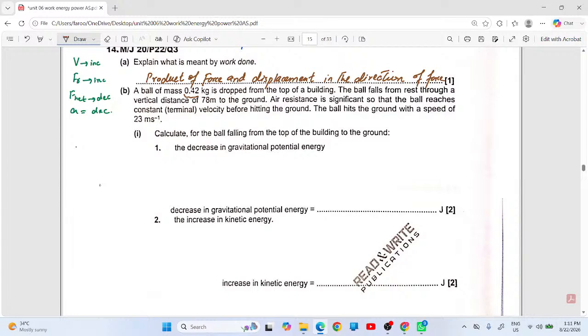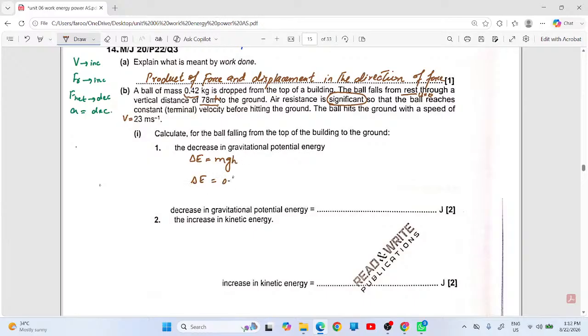A ball of mass 0.42 kg is dropped from the top of a building. The ball falls from rest through a vertical distance of height. Air resistance is significant, not zero, so that the ball reaches a constant terminal speed. The ball hits the ground with this speed. Calculate for the ball falling from the top of a building to the ground the decrease in gravitational potential energy. Very simple. The decrease in gravitational potential energy is mgh,